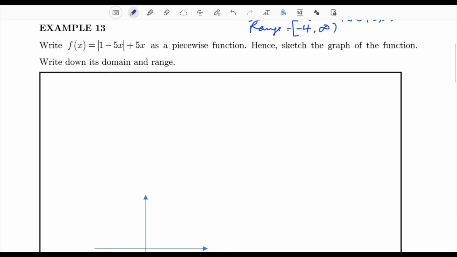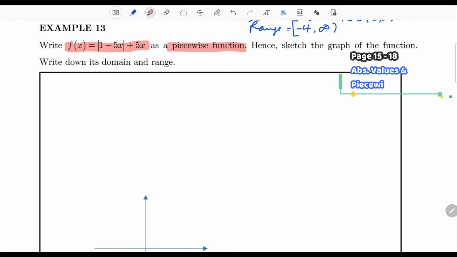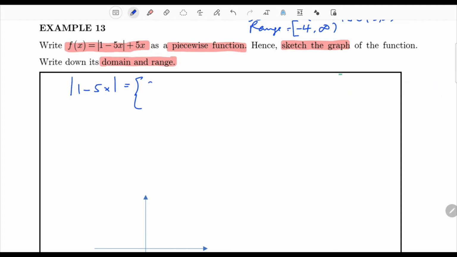Example 13, write the function f(x) equal to modulus of 1 minus 5x plus 5x as a piecewise function. Hence, sketch the graph. Write down its domain and range. So you need to define modulus of 1 minus 5x. So by definition, it becomes positive 1 minus 5x,